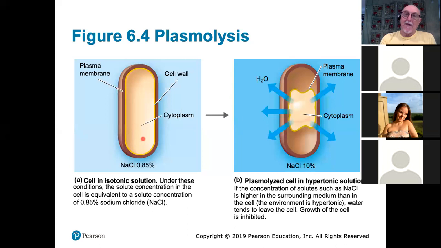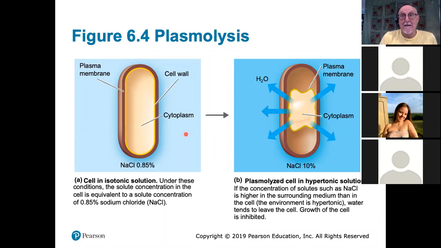I can describe it the other way around. I can say that the cytoplasm is hypertonic to its environment. So you always must be specifying what is hyper or hypotonic to what. You're always relating two things,